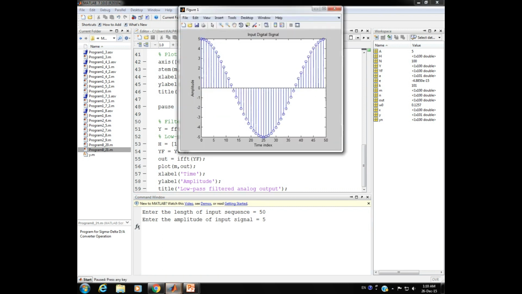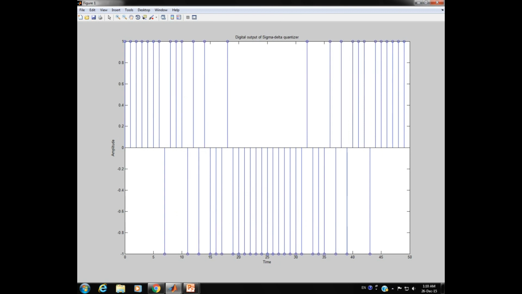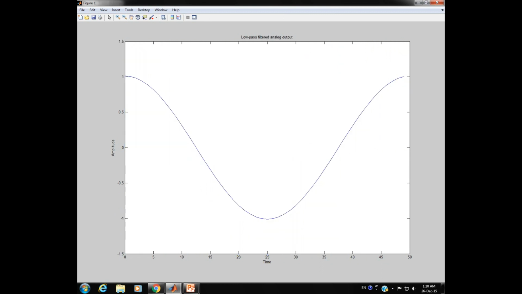When I hit enter, you see the input digital signal with 0 to 50 samples. When I hit any key, it changes to the digital output of the sigma delta quantizer as displayed. And hitting any key again, this is the low pass filtered analog output. So this is what the sigma delta D to A converter operation